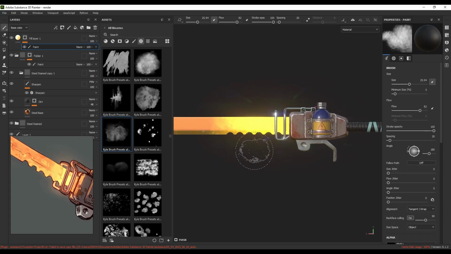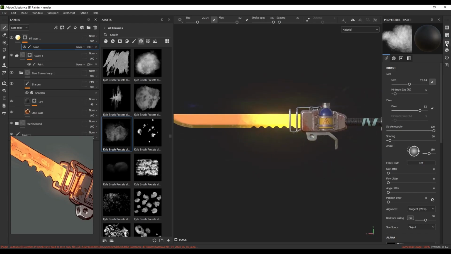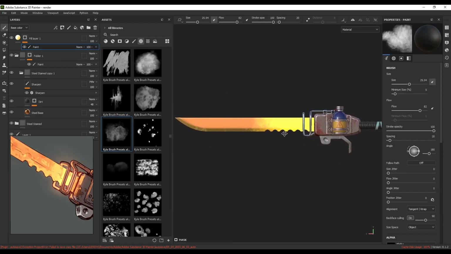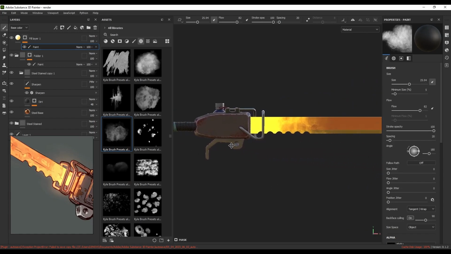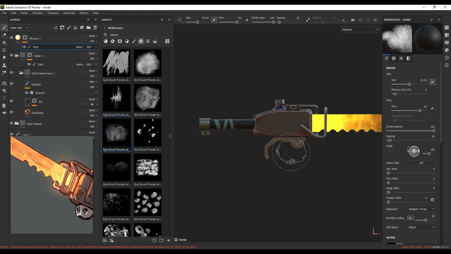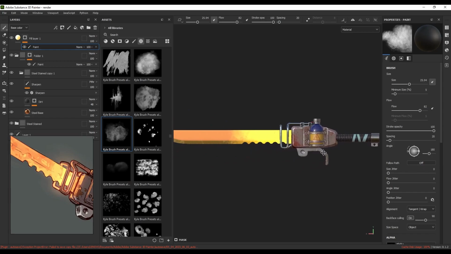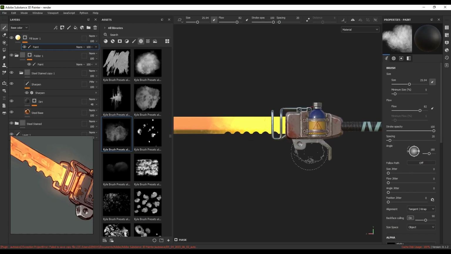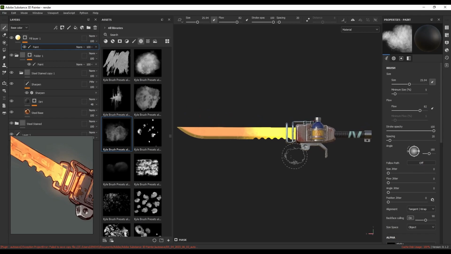So here we go. I think we're done here in Substance Painter. I can turn off the glare to see my emission better. You can go more in detail. You can add decals and details here and to the other parts of the sword. I'm just gonna leave this now, for the sake of the tutorial, and now we are ready to export